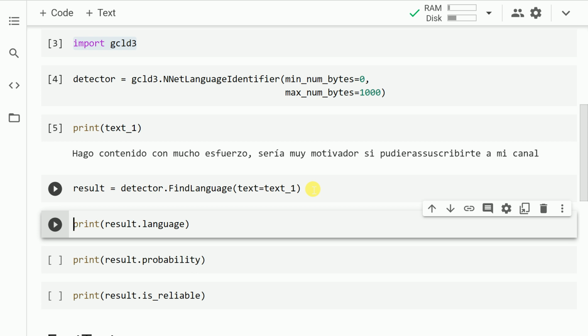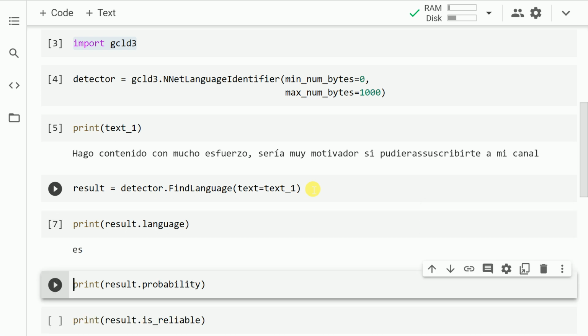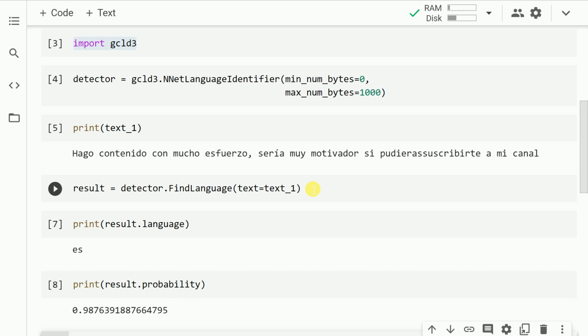Let me now go forward and tell you which language the text was in. So let me run the cell. So ES essentially signifies Spanish. So the text that I had was in Spanish language. The uniqueness of GCLD3 is that it also gives you a probability score of the result. So let me run this. So the model is 99% confident that the given string is in Spanish.